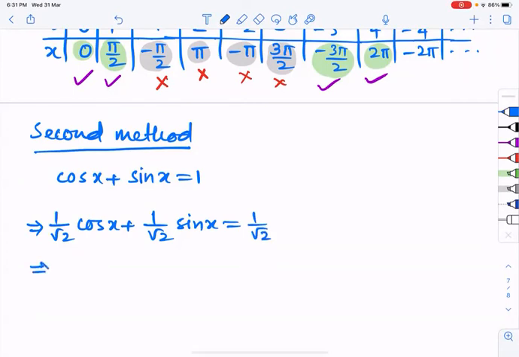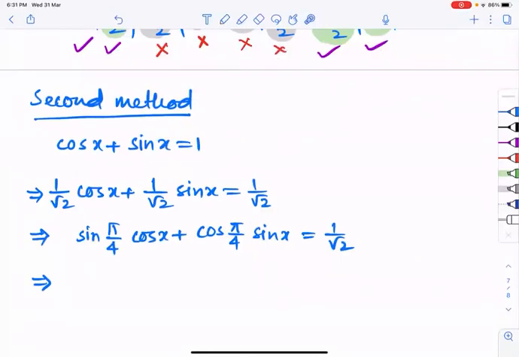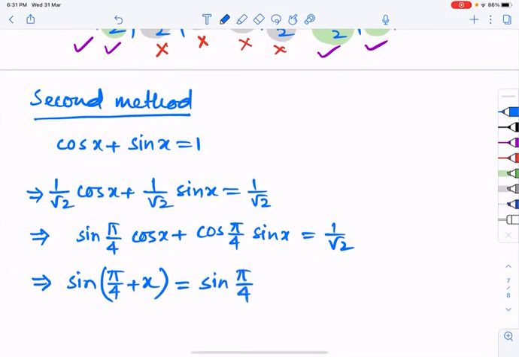So now this 1/√2 is nothing but sin of pi by 4 into cos x, and this 1/√2 I write cos of pi by 4 into sin x is equal to 1/√2. তাহলে এখানে আমি কি পেলাম? sin of pi by 4 into cos x এটা হচ্ছে সাইন এ cos b প্লাস cos a sin b, এটা একটা ফর্মুলা আছে, সাইন অফ a প্লাস b। সো এটাকে সাইন অফ a প্লাস b লিখলাম, আর ডান দিকে আছে 1/√2, সেটাকে আমি সাইন অফ π/4 লিখলাম।